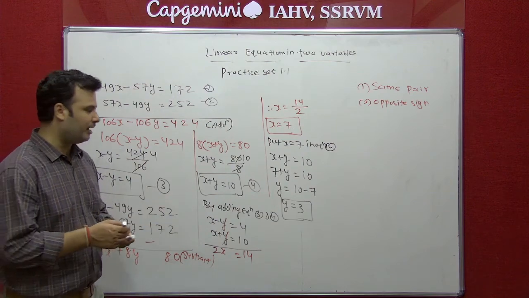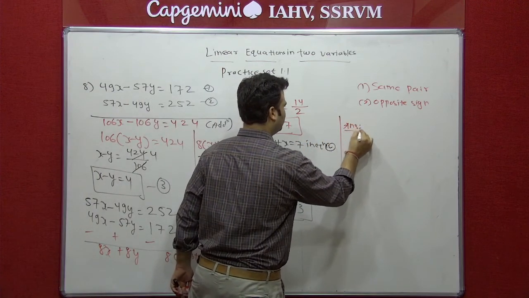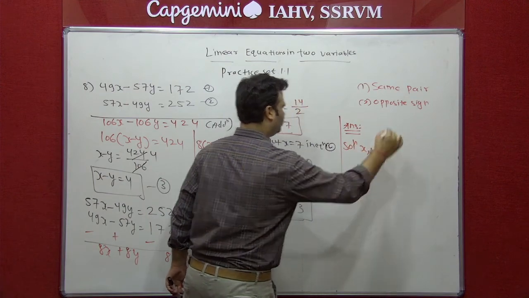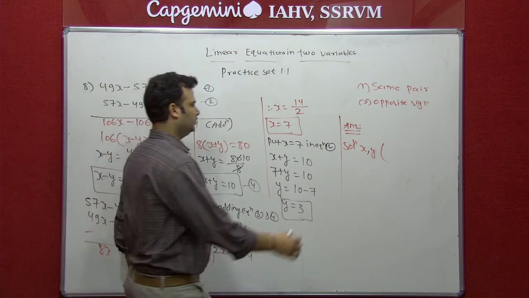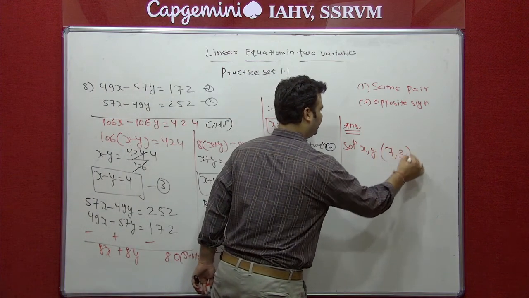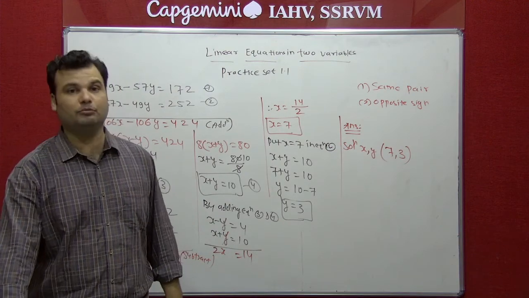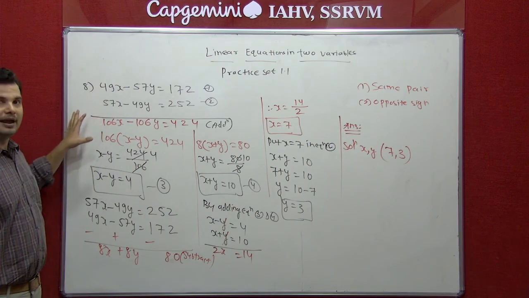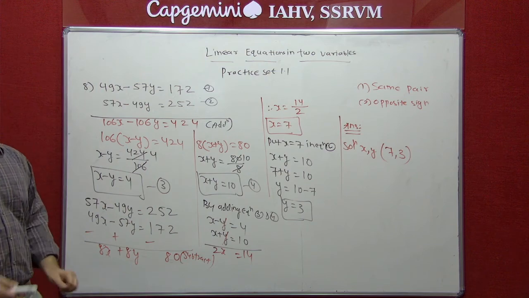And last part you have to write the answer. So what is the answer? We have the solution of x and y. What is the value of x? x is 7 and y is 3. This type of sum is very important and it will come for 3 marks in both examinations. Whenever you see the diagonal relation, that time you have to add, then you have to subtract. And this way you can complete it.